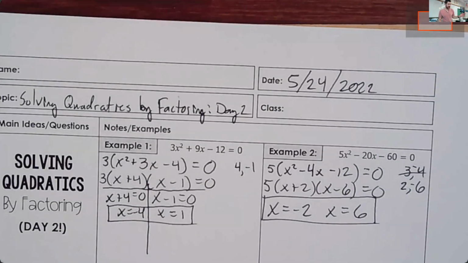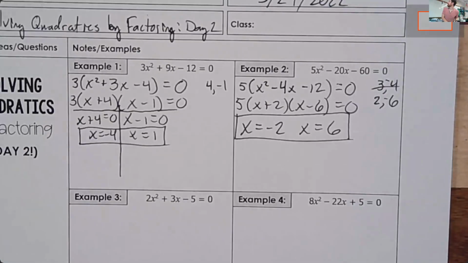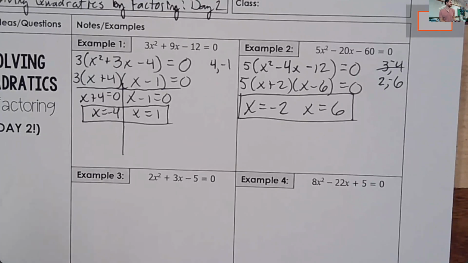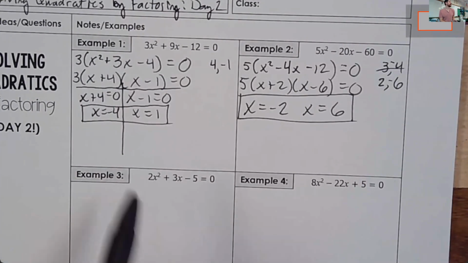All right. Example 3 then. Look for a GCF. Do we have one? No. All right. What method do we have to use then if there's no GCF and there's still a number in front of x squared? Slip and slide. All right. So the slip and slide method